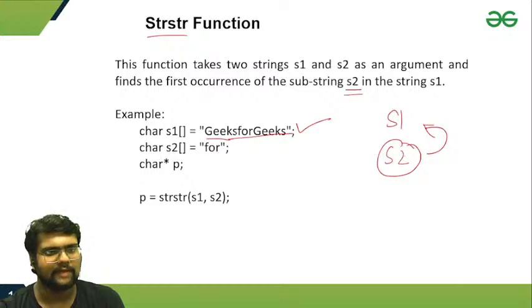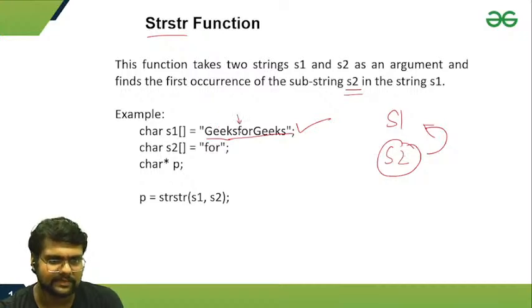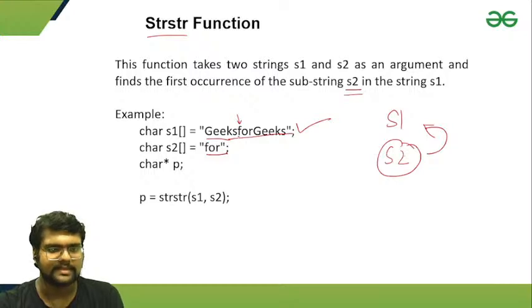So if I want to search s2 in s1, then I will compare f with this g, and it will not be satisfied. So when f is satisfied, f will be compared with this f. So yes, it is true. Then o will be compared with this, then r will be compared with this. So yes, this "for" exists